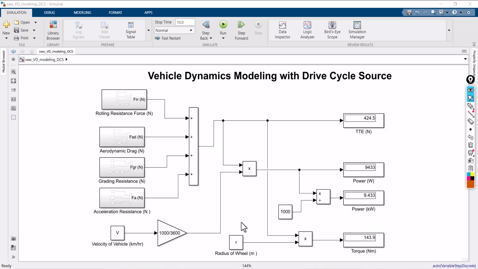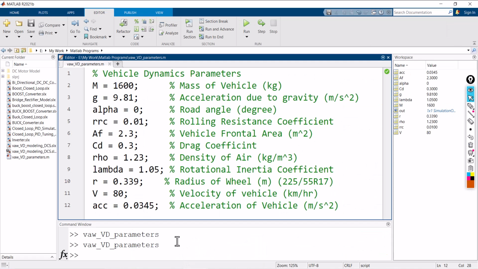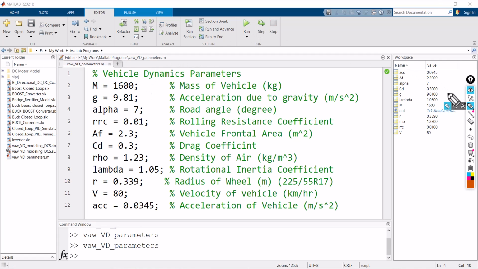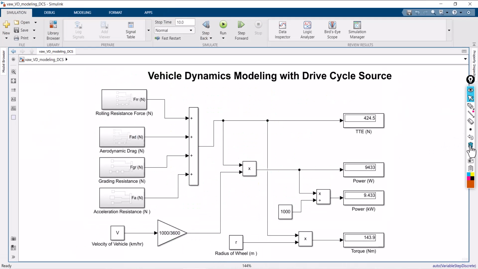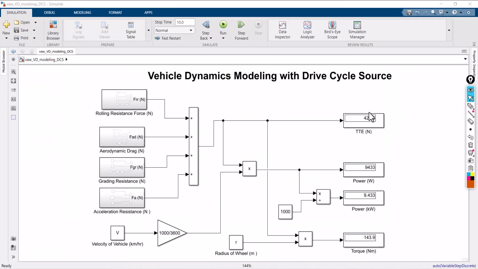Now what I'm showing you is I'll increase the alpha value to 7 degree. Okay, don't forget, run the program, check whether the values are updated in the workspace. Now you go to vehicle dynamics. So whatever the previous value was, 9.433 kilowatt. Now if you run this one,